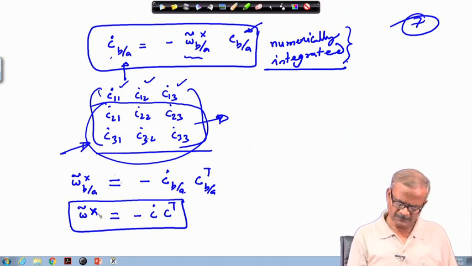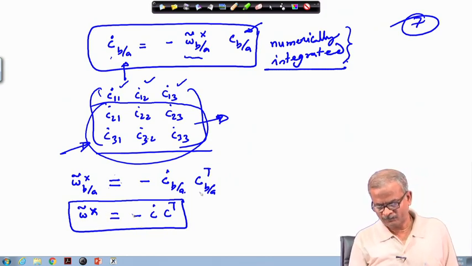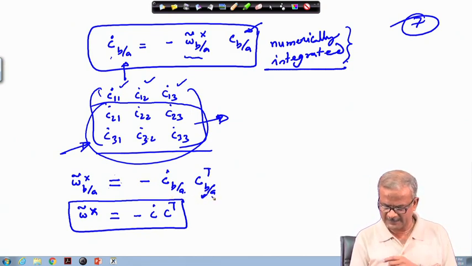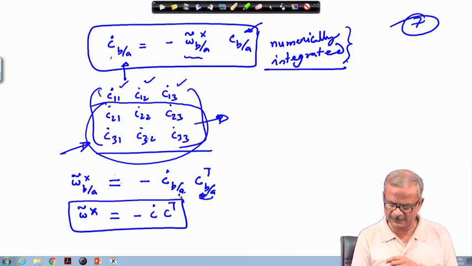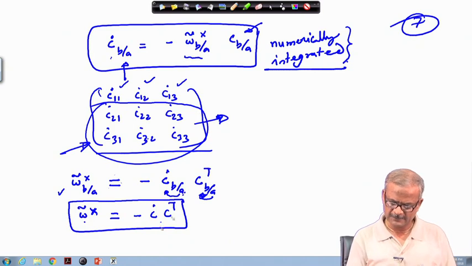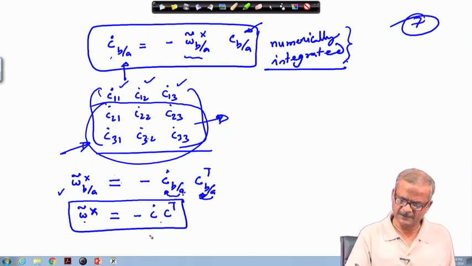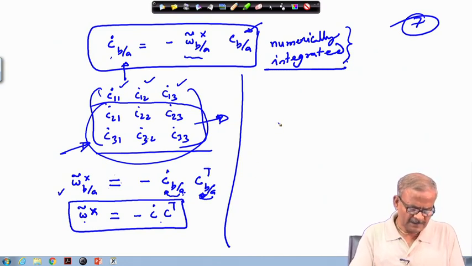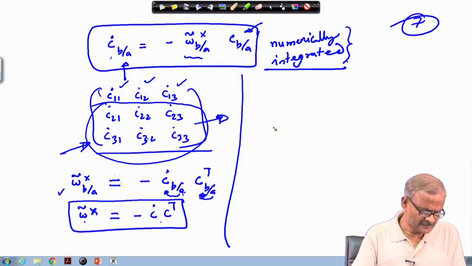Now, these are the matrices; this one indicates transformation from A frame to B frame, and this is for the A frame to B frame as well, but with the rate of change of the elements of those matrices, and from here the angular velocity can be obtained and vice versa. If the angular velocity is given, you can also get to the elements of the C matrix. For that we need to use certain identities, but we will skip those things at this stage.